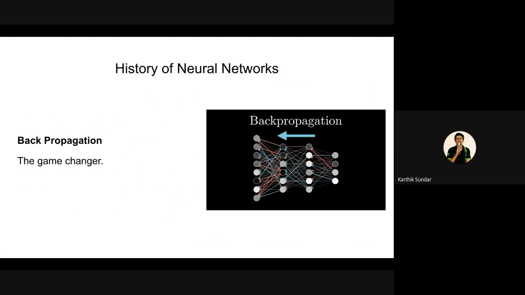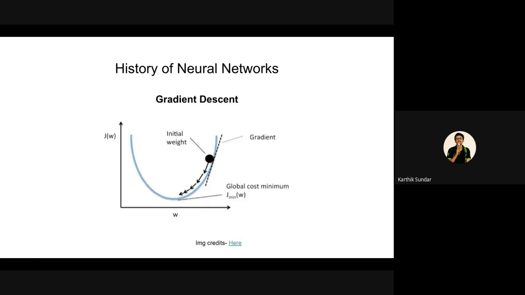But later what happened is backpropagation wasn't really too good for a long time. Initially, backpropagation wasn't able to train deeper networks because we need to have an initial guess of the weights, this W. Let's say in gradient descent, you have an initial guess, and from the initial guess, you go to the global minimum. That's how gradient descent works.